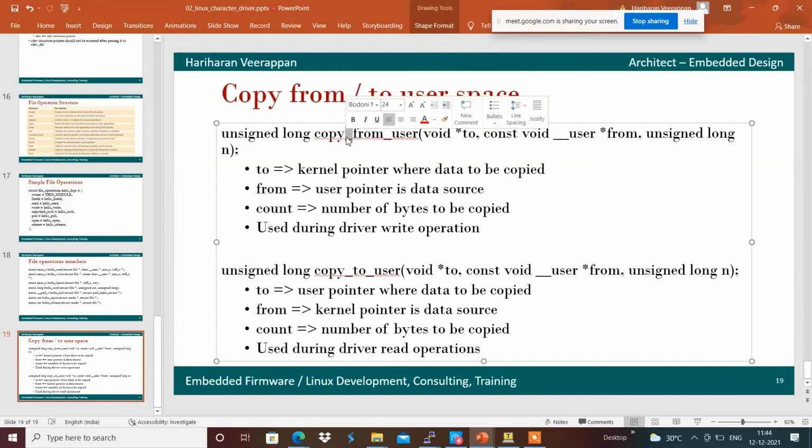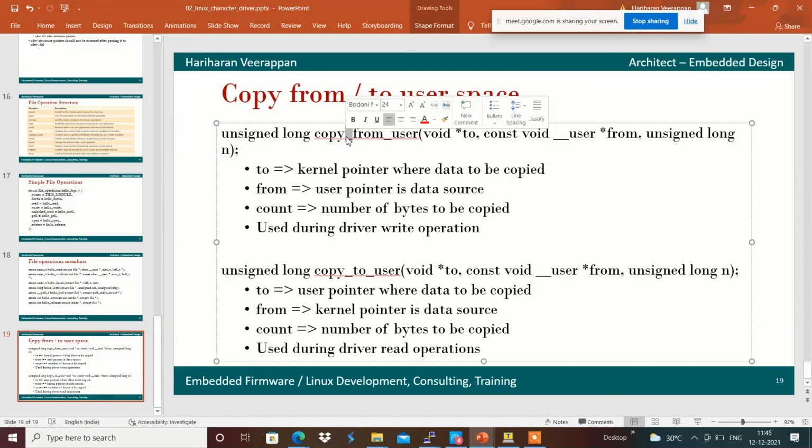Whenever the user application writes data, we will receive the data into the kernel space with the help of copy_from_user.